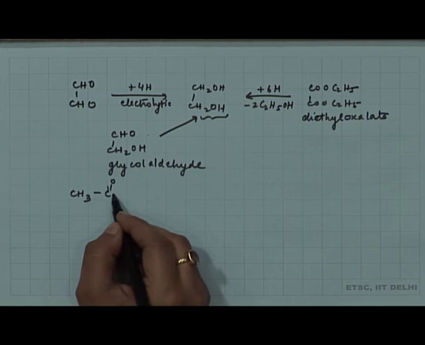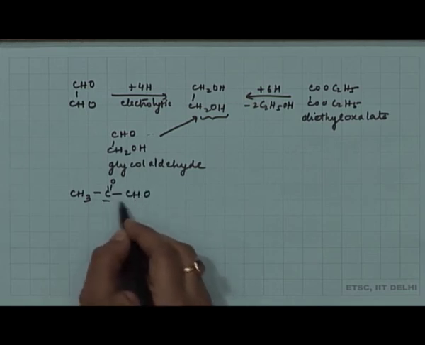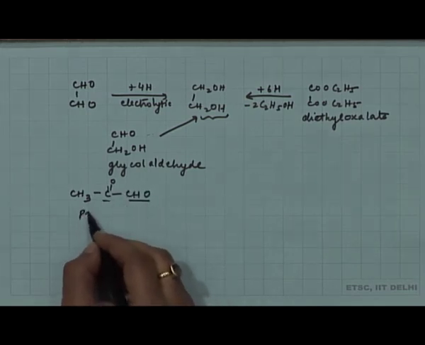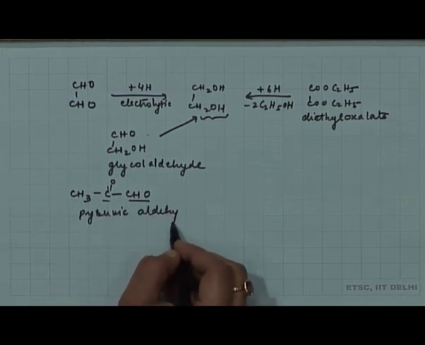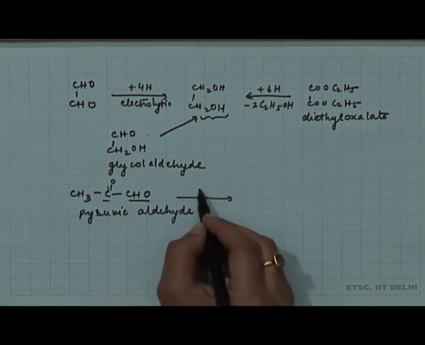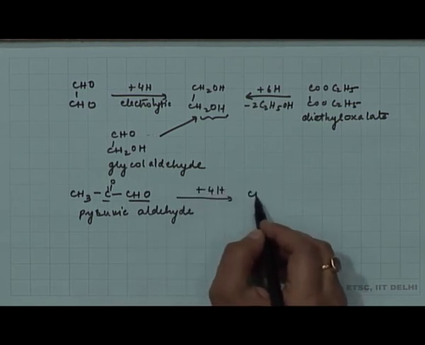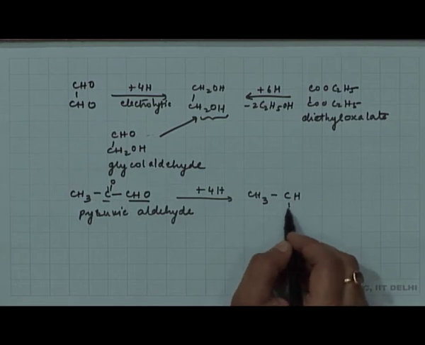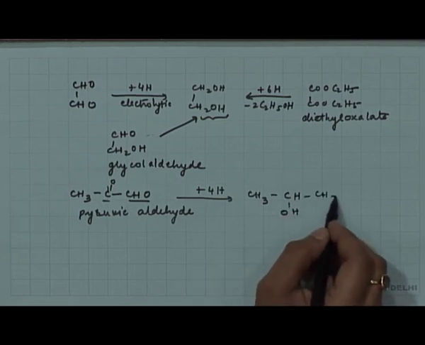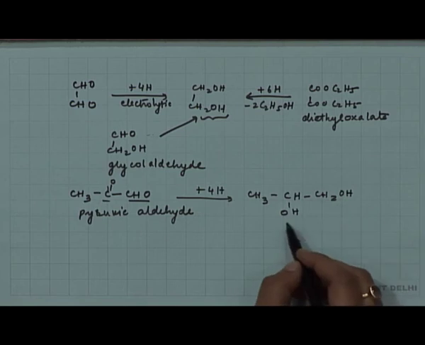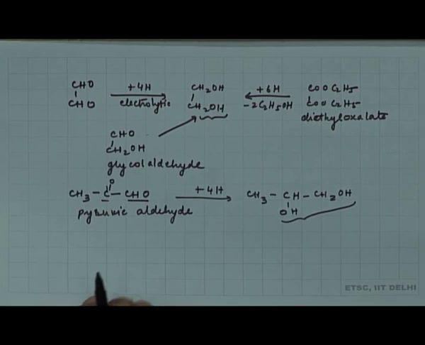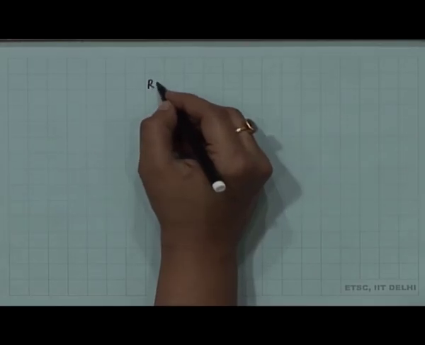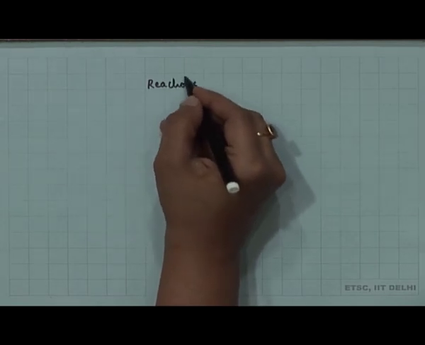If you have a keto and aldehydic group, which is a pyruvic aldehyde, this is also susceptible to electrolytic reduction to give you the corresponding 1,2 diol. So, all these different methods for the synthesis of the 1,2 diols involve the starting compound as a carbonyl functionality. So, now we proceed with the reactions of glycols,